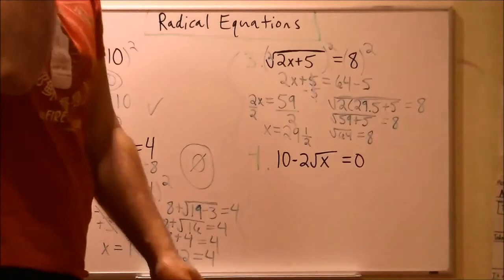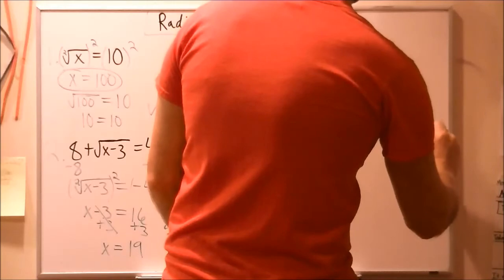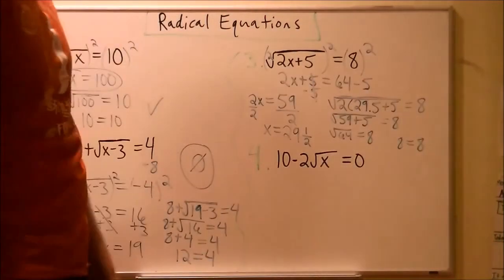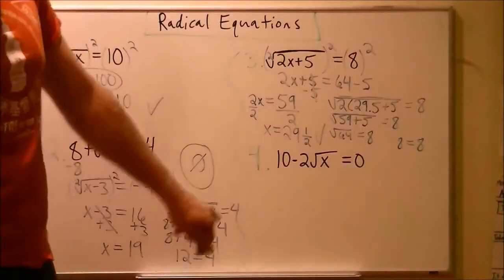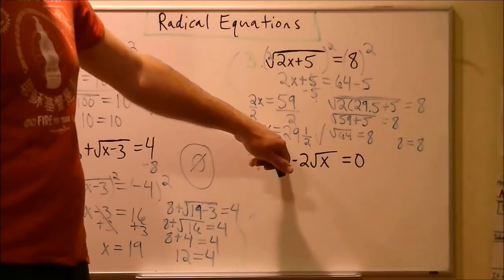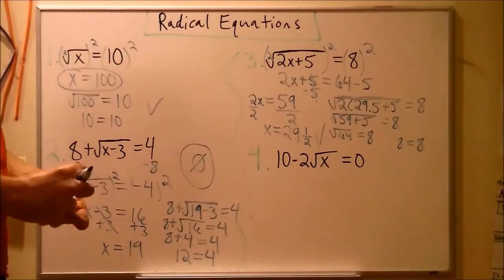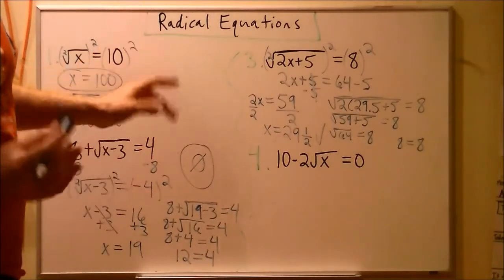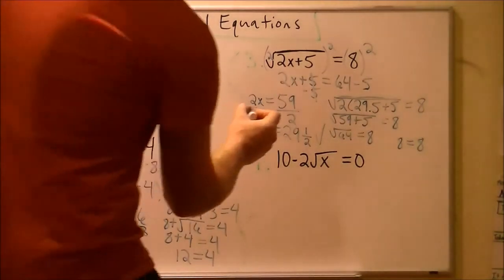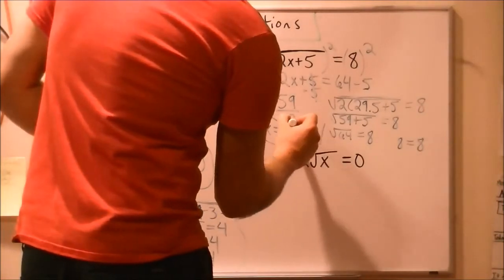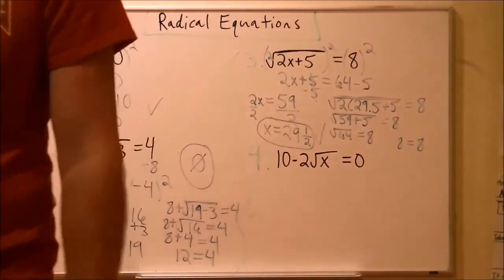All right, what's the square root of 64? 8, equals what I have on the other side, 8. Is that true? Sweet. So we are good with this answer. My answer is not 8. Remember, my answer for x is 29.5, and when I checked it all out, it came up to 8 equals 8. When I checked over here, it came up to 10 equals 10, but that doesn't mean 10 is my answer. My original answer for x equals 100 is the correct one. And therefore, x equals 29 1/2 is the correct one here. It's just 8 equals 8 that helped me to determine that.